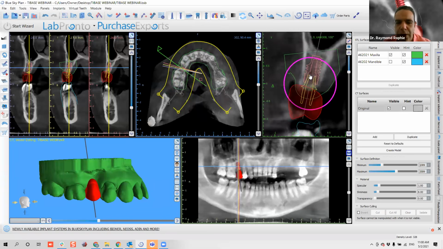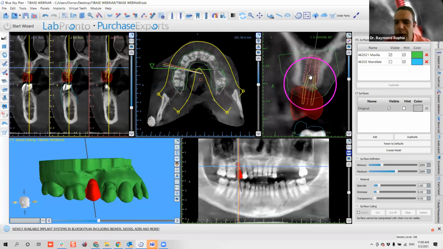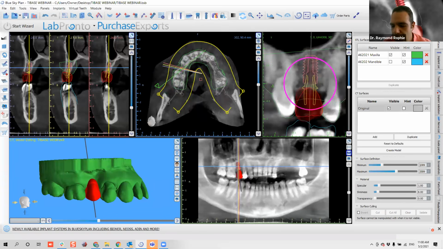So once you're comfortable with the implant position, what you can do now is, wait, somebody's asking something. Okay, so what you can do now is,